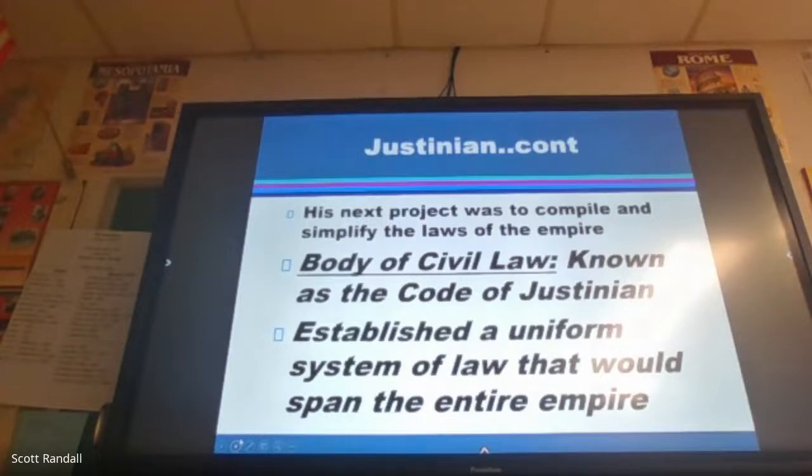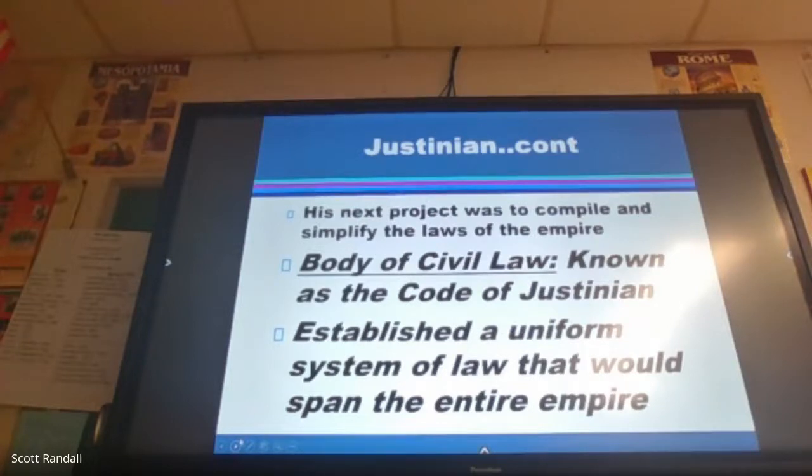All right. While Germanic cultures are doing that stuff, the Byzantines are looking to the past. They're looking to laws that date back to the time of the Roman Republic, and trying to see if they can create a legal code that will solidify Justinian's power. This is called the Code of Justinian, or the Body of Civil Law. And this is going to be the foundation for European law up until the arrival of